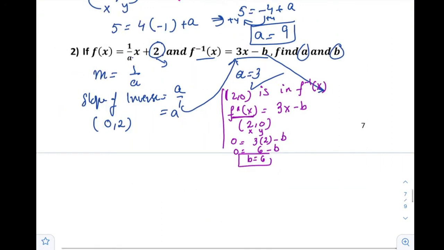In this case, we have used the y-intercept to get the x-intercept for the inverse and the relation itself. And we have also used that the slopes are reciprocals of each other. With that, we are done with this lesson, and we will see you